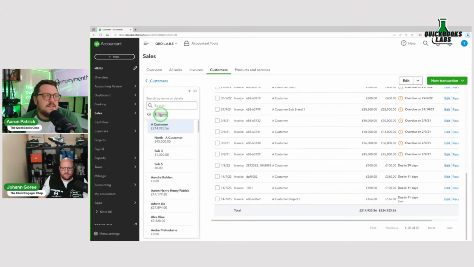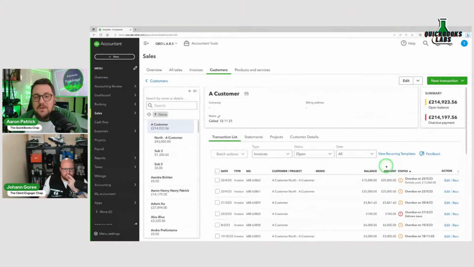But apart from that, same functionality, other than the fact you can't sort by number anymore. You used to have the option of putting the highest on top or the lowest on top, which was actually a really useful one when you're going through debt management. So yeah, they've taken that away from us, but apart from that, it's all looking quite similar.